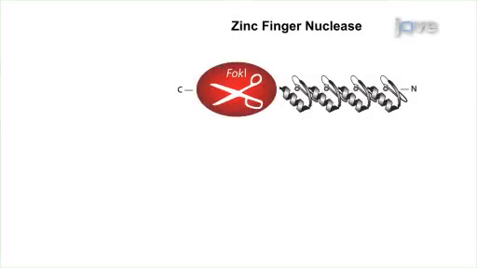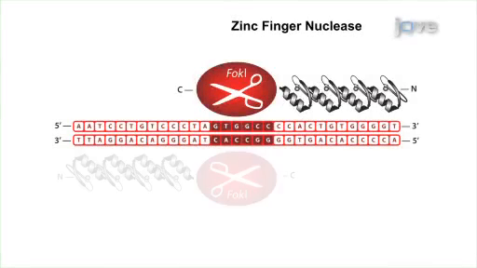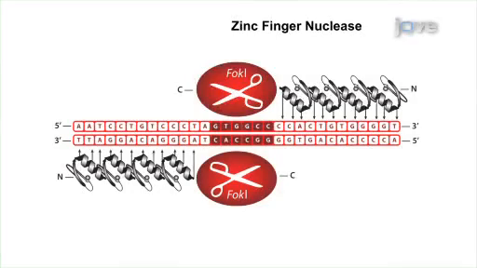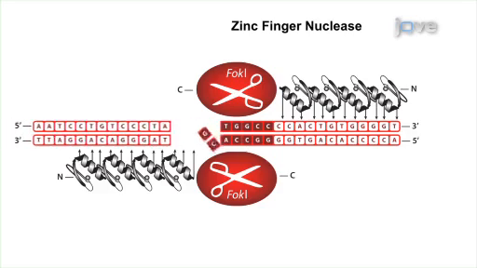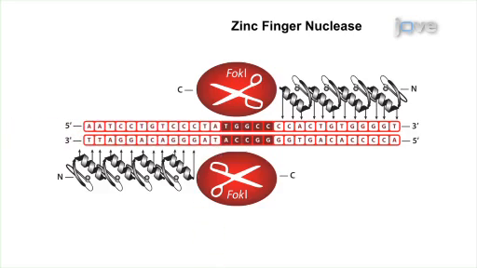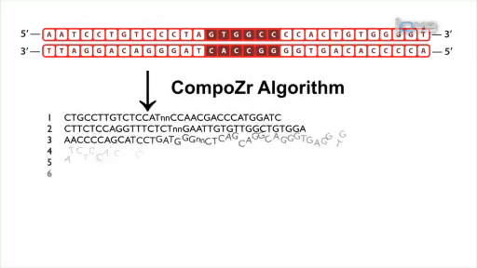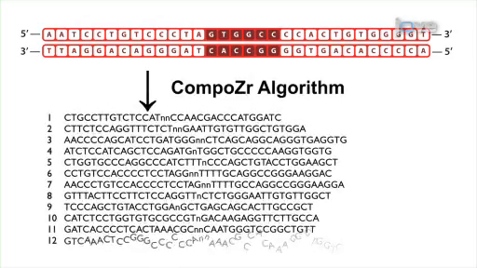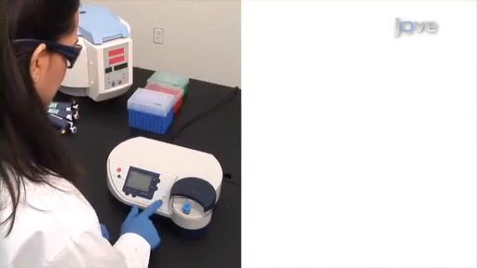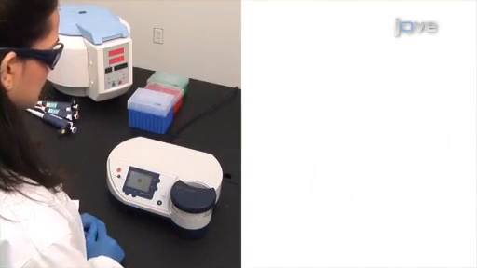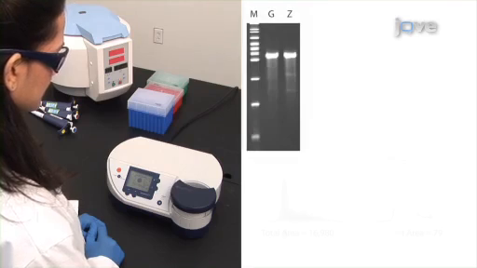The overall goal of this procedure is to use a custom-engineered zinc-finger nuclease, or ZFN, to introduce a disruptive mutation at a specific locus to ultimately create a knockout cell line. This is accomplished by first analyzing the DNA sequence of the target gene with the CompoZr algorithm to generate in silico ZFN designs. The ZFNs are assembled, delivered to cells by nucleofection, and screened for activity at their respective gene